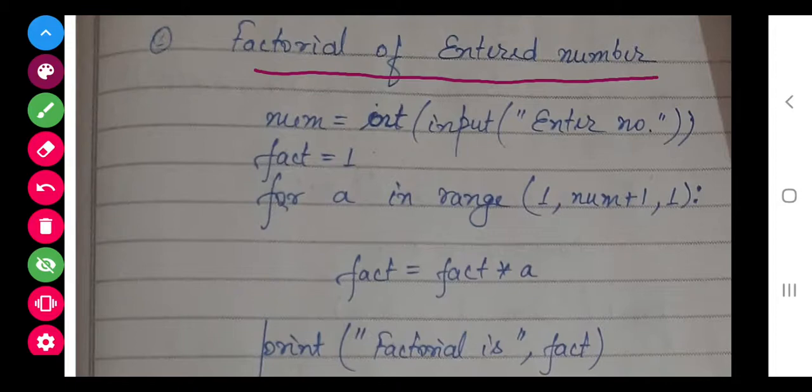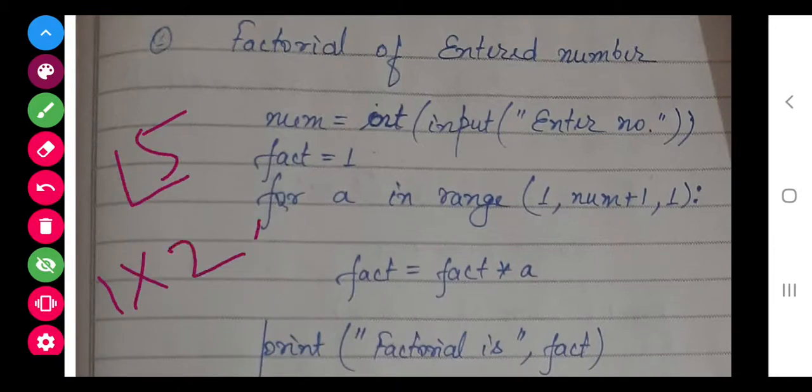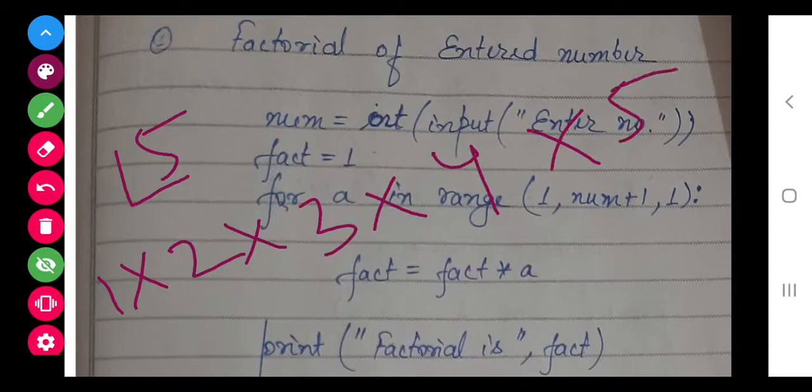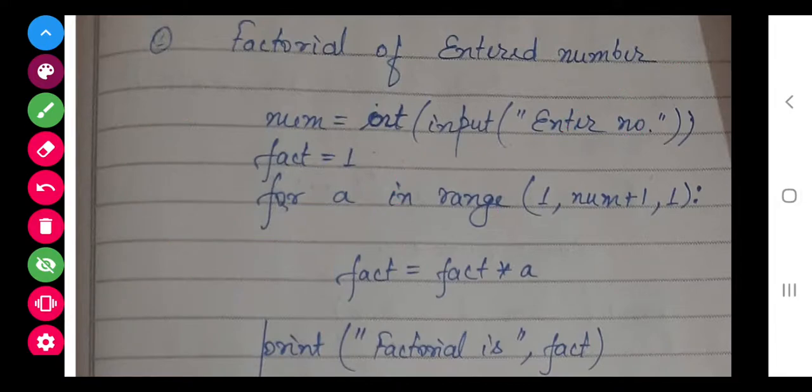a number. Class, factorial of a number in mathematics, you would have done: factorial 5 means 1 into 2 into 3 into 4 into 5. So class, for that we have to make a program that if user enters 6 it should give the answer of factorial of 6, and if user enters 8 and so on. So again I am explaining, factorial 5 means 1 into 2 into 3 into 4 into 5. So this can only be done with the help of the loops.